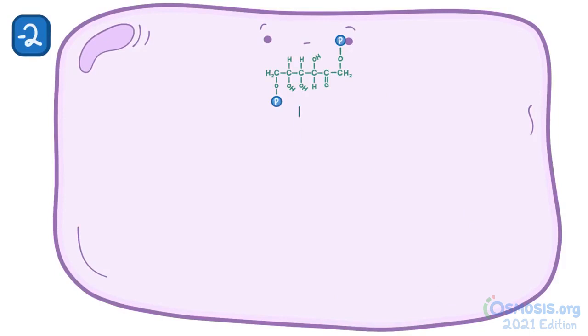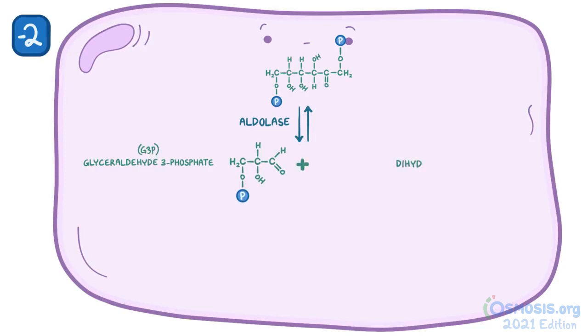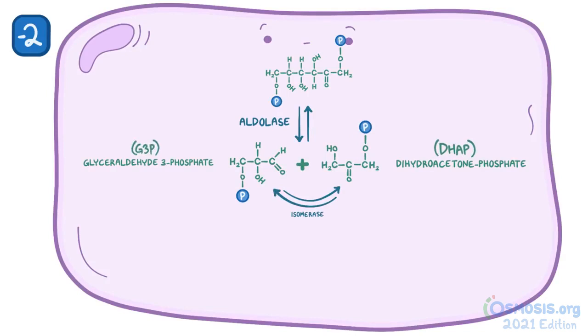Fructose 1,6-bisphosphate is cleaved by the enzyme aldolase into two 3-carbon molecules, glyceraldehyde 3-phosphate, or G3P, and dihydroxyacetone phosphate, or DHAP. Only G3P can go down the glycolysis pathway, so an isomerase enzyme converts DHAP into G3P. As a result, for each glucose molecule, there are two G3P molecules. Each G3P is converted into